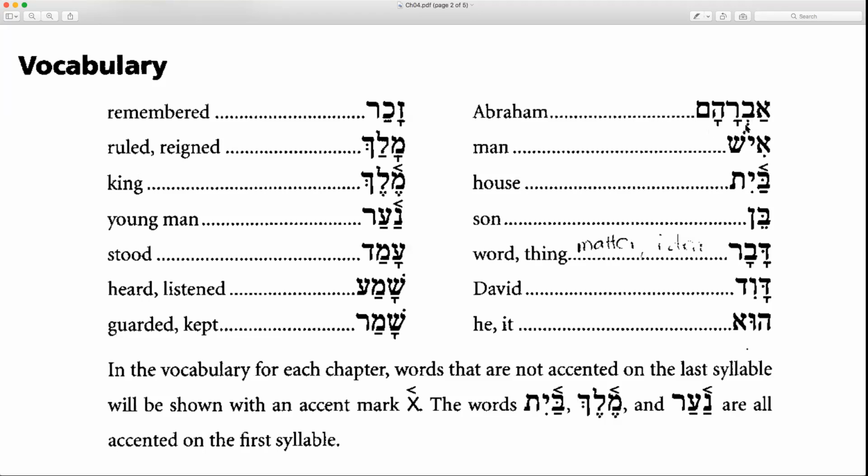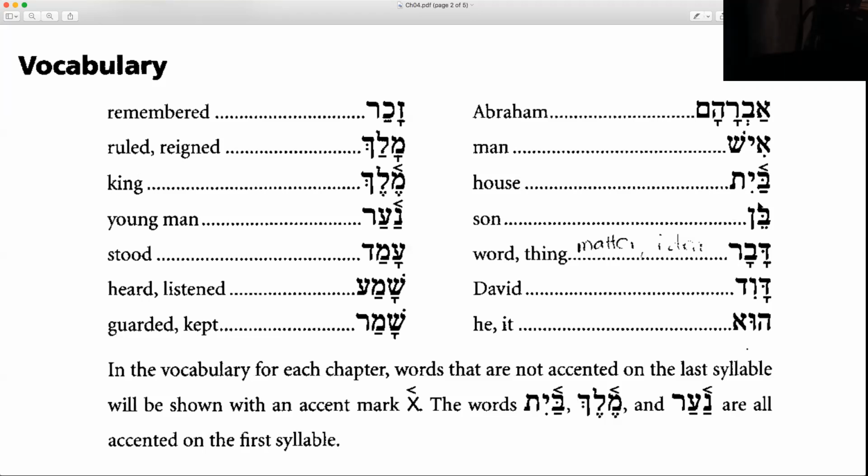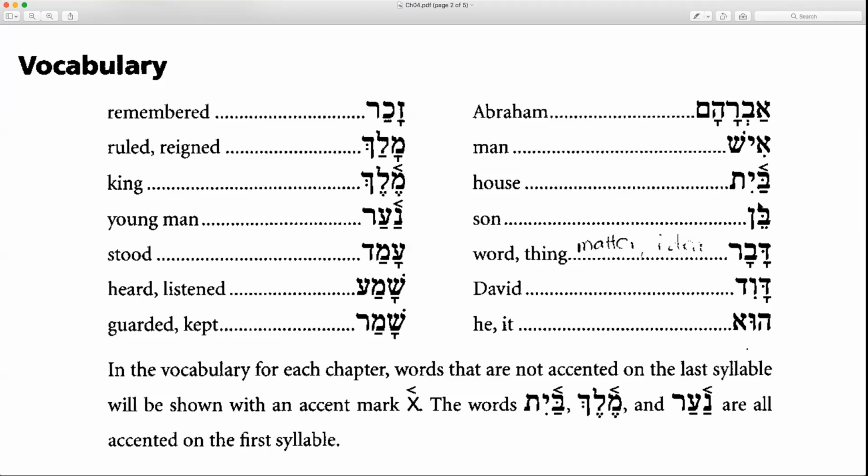So the exceptions to the shava, where the shava will be sounded, depend on what custom you follow. The simplest custom that I know of is the Temani custom, and they only pronounce the shava when followed by a kamatz, which is this here, or a cholem, which is the dot above a letter, which says o, right? Or a cholem vav, which is the vav with the dot over it, and that also says o. That is the simplest tradition. So we'll just go with that for a while, because otherwise it'll be a lot to memorize. Okay. So Avraham, and then